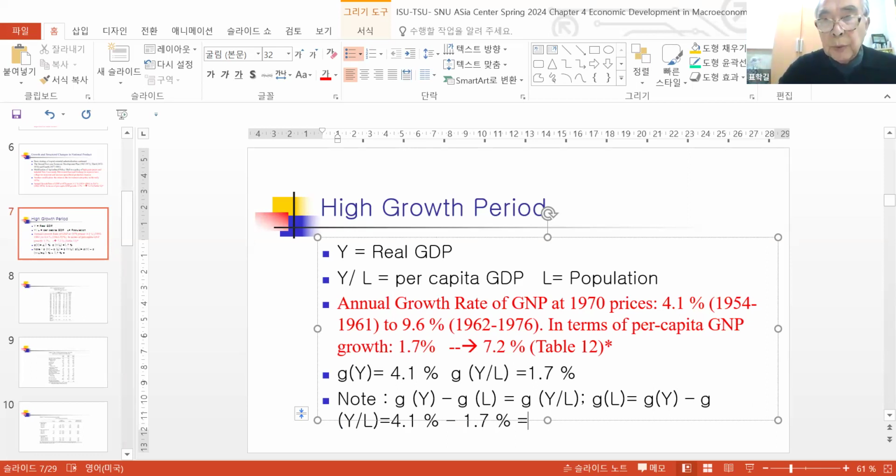Therefore, I found the growth rate of L to be equal to 2.4%. In other words, during this period, okay,